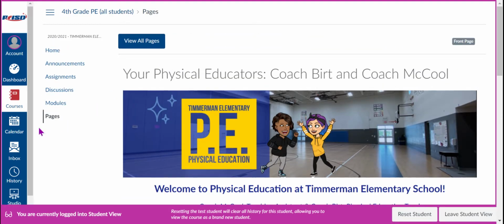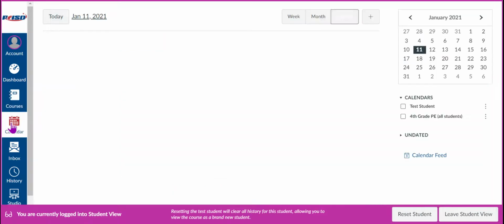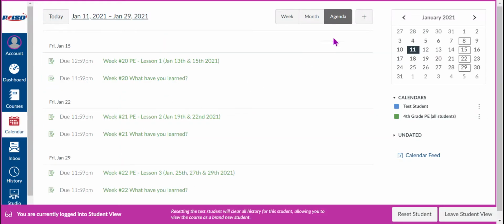Okay. The one thing I want you to really remember you have access to is the calendar. Okay. The calendar, especially this view, agenda view, you can see, oh, my assignment for PE is due on Friday, January 15th for week 20. For week 21, the assignment is due on Friday, January 22nd. This is the activity. That's what you have learned. If you come here to the